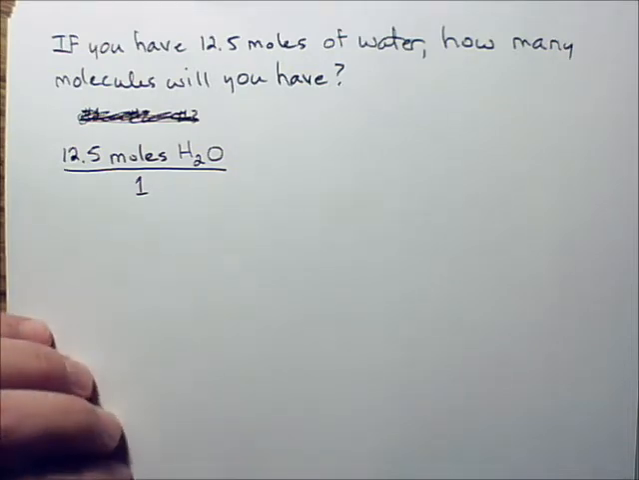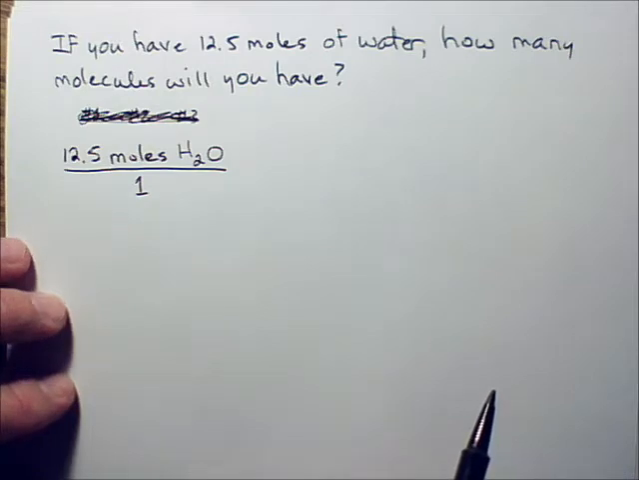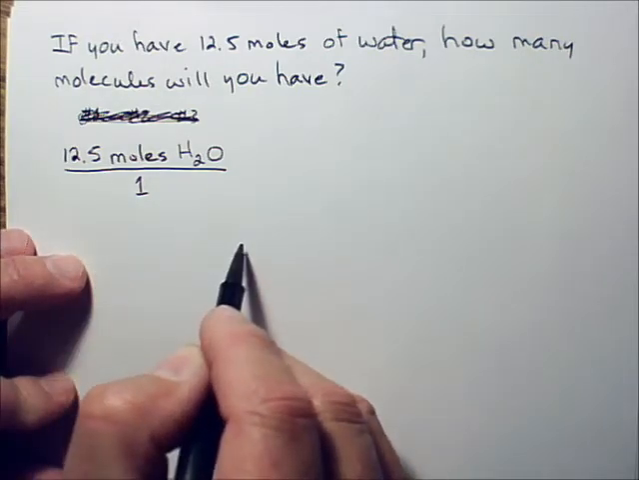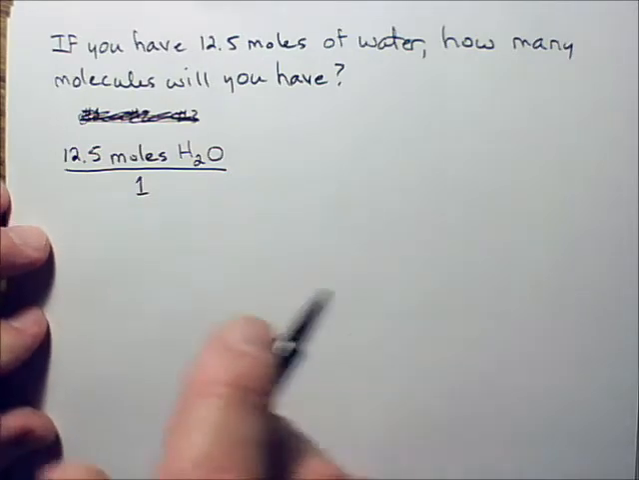Yes, Shane? What do you mean by equality statement? Like 6.02 times 10 to the 23rd? We're going to have an equal sign between two different things. You have to do that. So you have to say